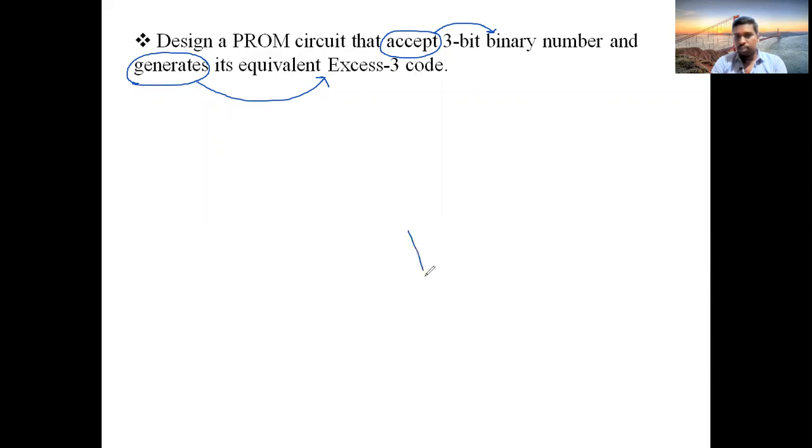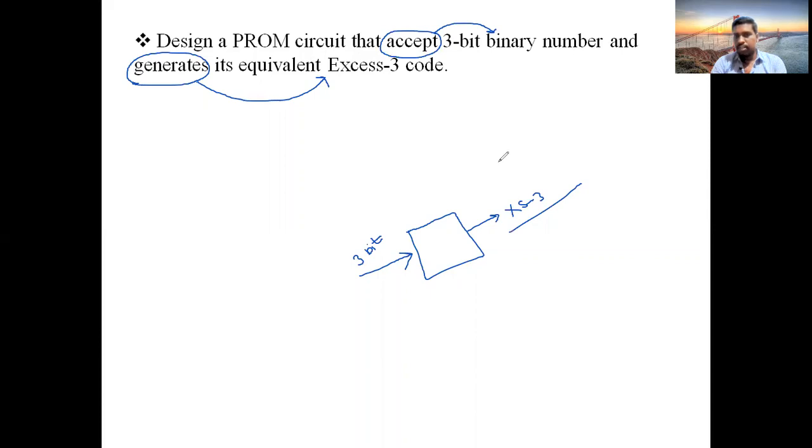Okay, so whatever circuit you are designing, its input will be a 3-bit binary number, and it should generate its XS3 code. So your inputs will be a 3-bit binary number and outputs will be XS3 code.